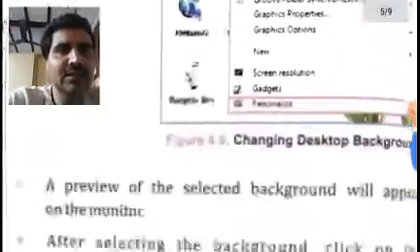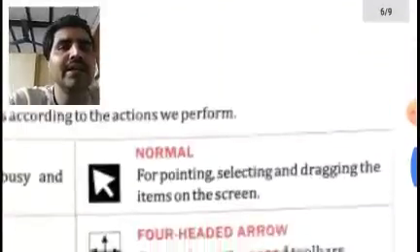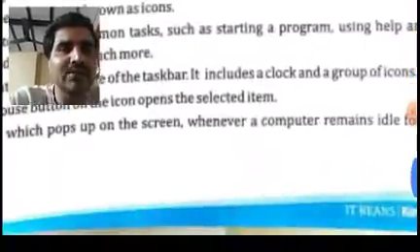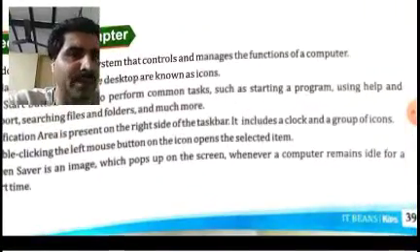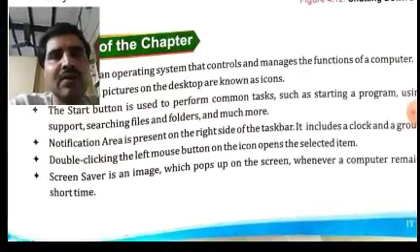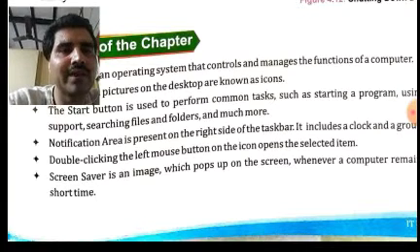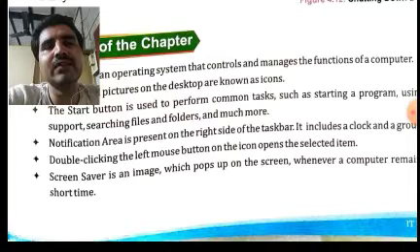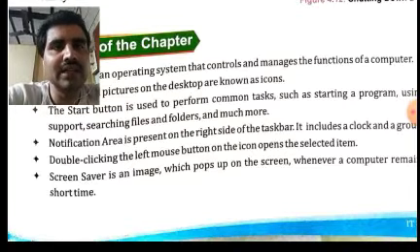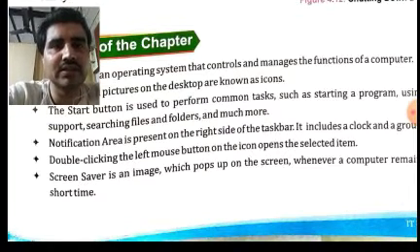Okay, so with this we have completed the chapter. You can revise the recap very carefully, because some of these recap points can be asked in the form of MCQ questions also. So these recap points are also very important. We can go through them and revise the full chapter. In the next video, I will discuss the exercises and question answers with you. Next week we will discuss the exercises and question answers with you all.